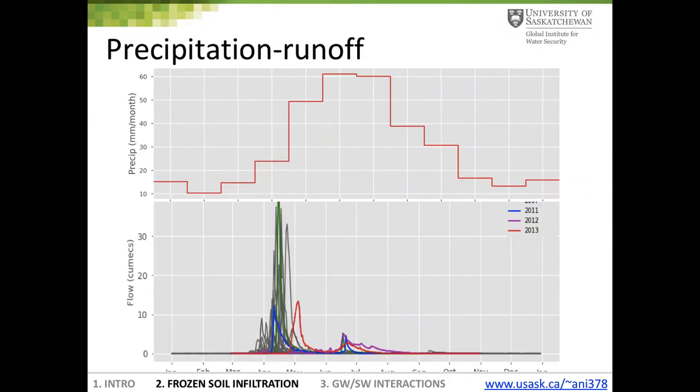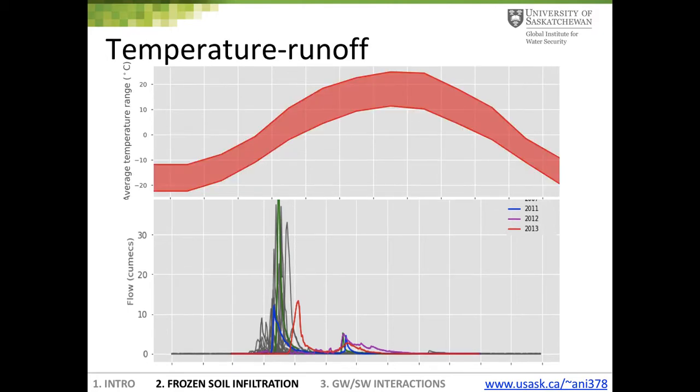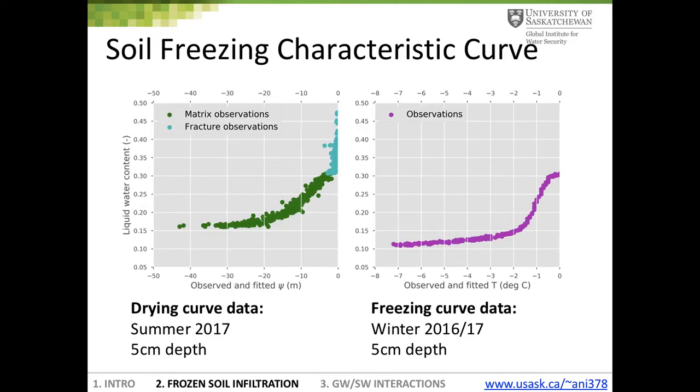So, as we all know, rainfall, shown at the top, tells you very little about runoff, shown in the bottom here, in the prairies. But temperature, and in particular the 0-degree threshold, tells you an awful lot about runoff. And so we have a snowmelt-dominated runoff system, as you all know. I've convinced myself that infiltration and runoff generation of snowmelt in frozen soils is the critical problem to work on